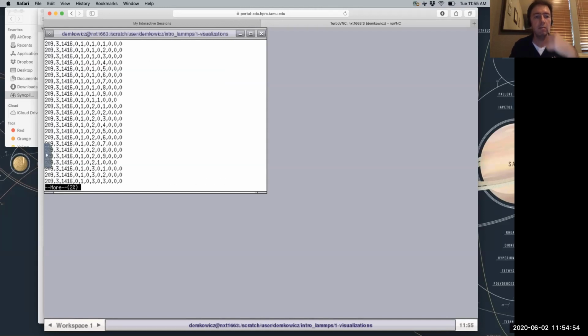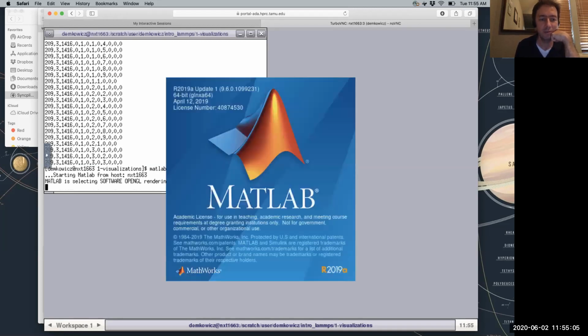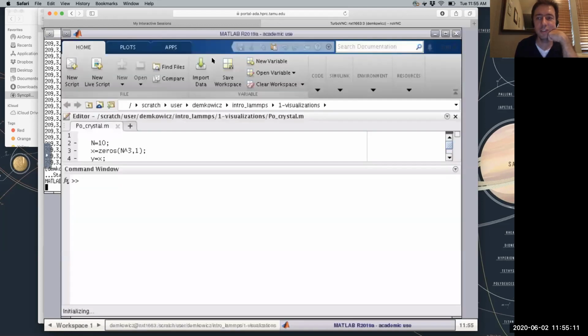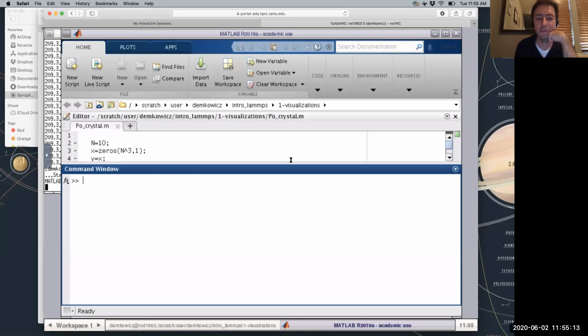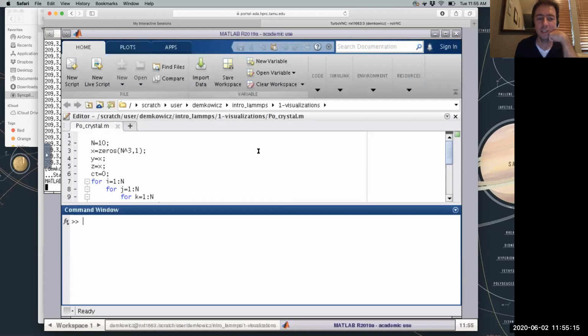Atom coordinates. Oh no, it's delimited by commas. That's no good. I'm going to have to open Matlab again. And I'm going to change the delimiter so it's not delimited by commas. So give it just a second and I'll be right there. There we are. Okay, cool. It even opened up the script.